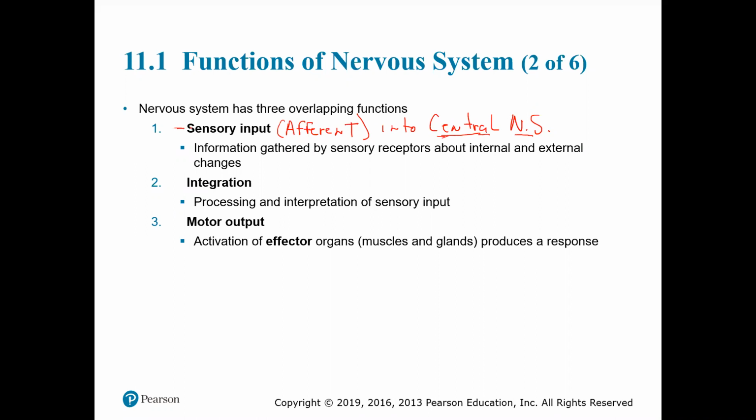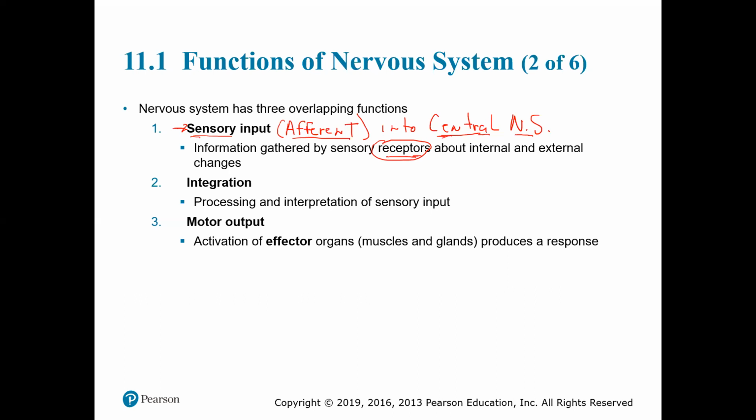So information like input, whatever, it could be pain, sight, temperature. All these senses, special senses and somatic senses, come into the central nervous system to be processed, and that's called afferent, into the central nervous system. So of course, input has to be sensed, and these are very important. Receptors, like your photoreceptors in your eye for special sense, your pain receptors on your fingertips and other places, thermal